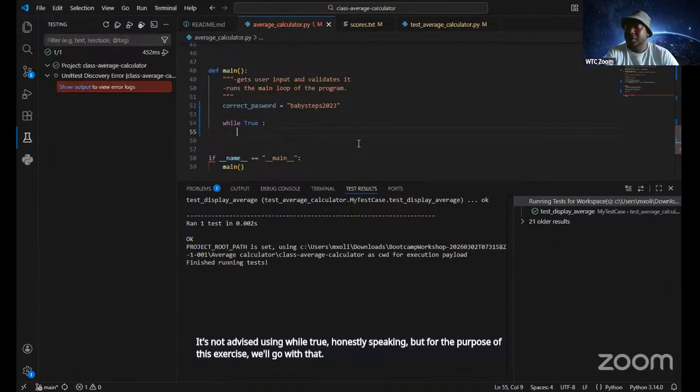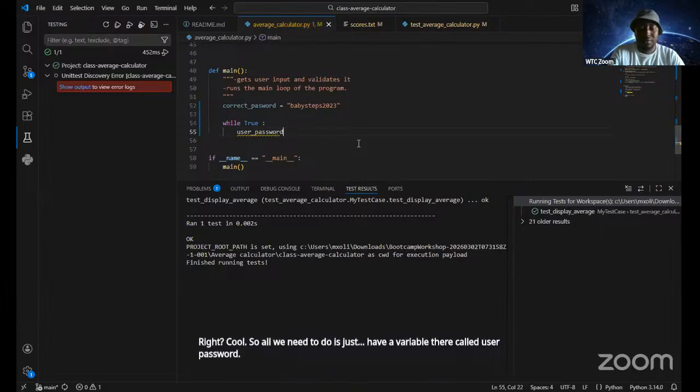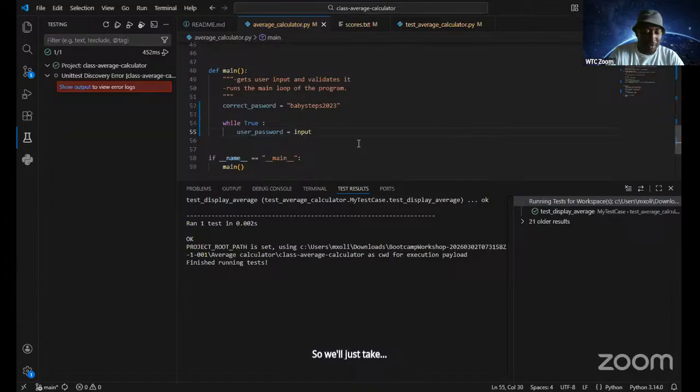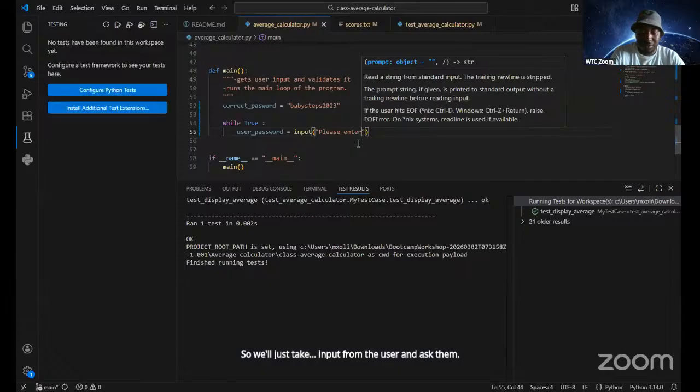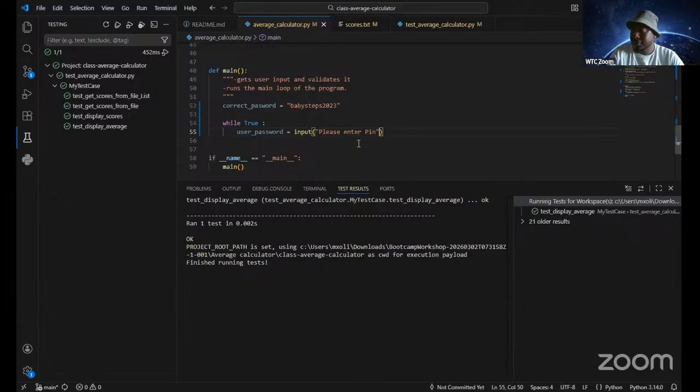So all we need to do is have a variable called user password. We'll just take input from the user and ask them, let's call it password. Please enter password.